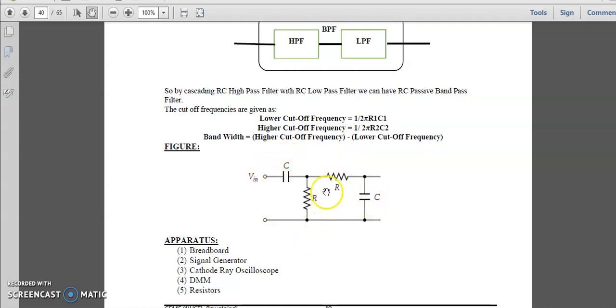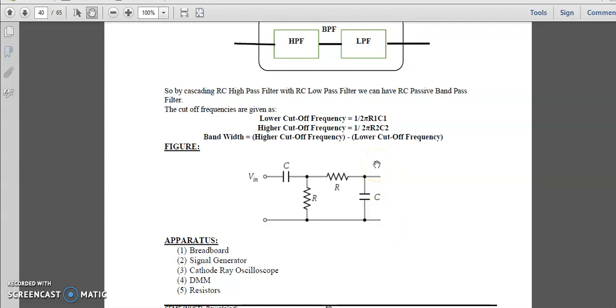So RC based high pass filter is cascaded with RC based low pass filter. The whole cascading results in a band pass filter. We are going to apply the input at these ends and get the output at the other extremes.